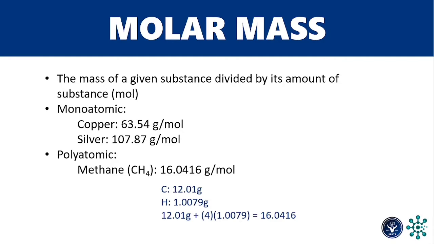Example: copper. Its atomic weight is 63.54 grams. Divided by 1 mole, we get 63.54 grams per mole. The same is true for silver. Its molar mass is